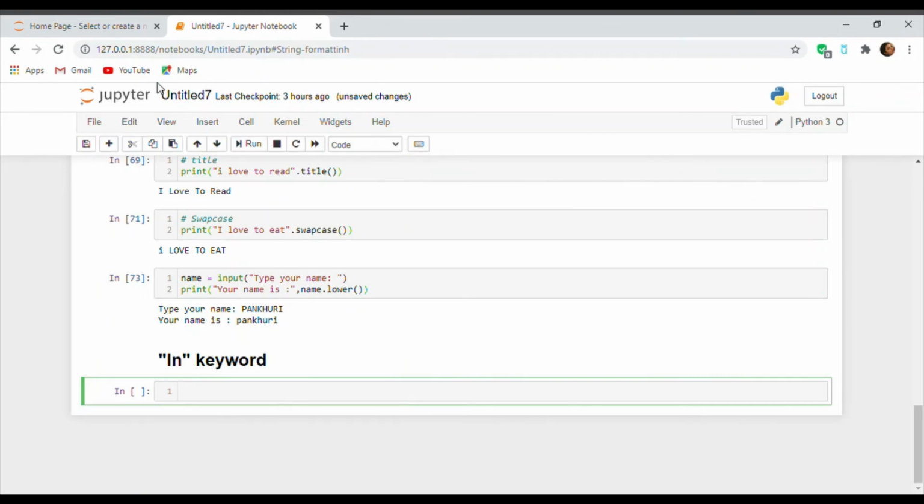Now let's come to our last topic, which is the in keyword. So the in keyword is basically used to check if certain words or characters are present in your string or not. So let us take one example.